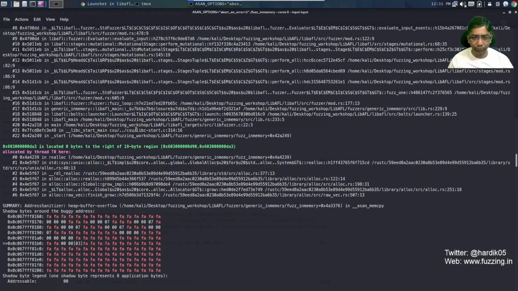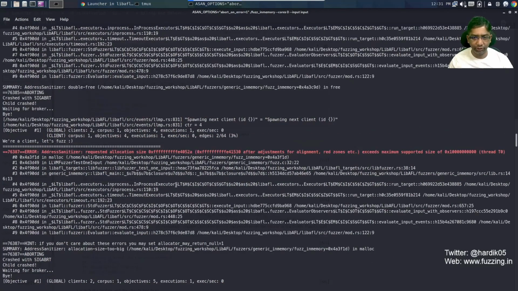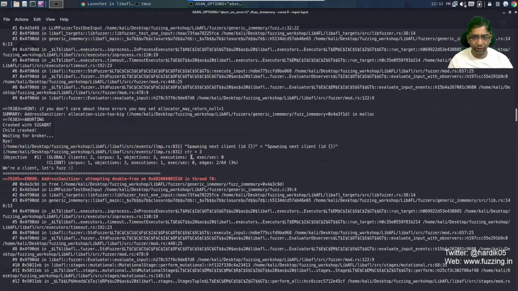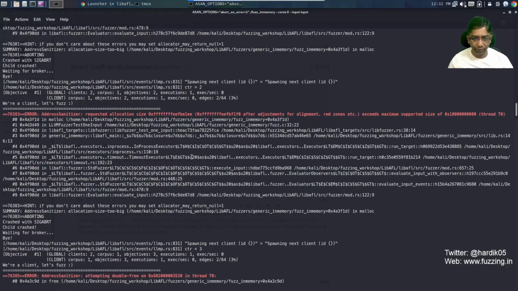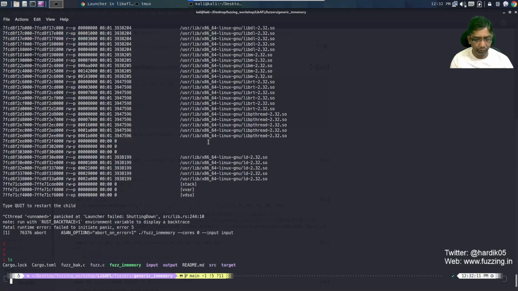So we actually found a lot of crashes. You can see that we are able to see the entire call stack over here, and this looks like libFuzzer because we are actually using a libFuzzer harness. I'm going to cancel this now, and as you can see, we have found a lot of crashes.